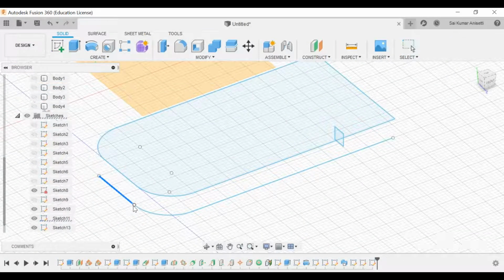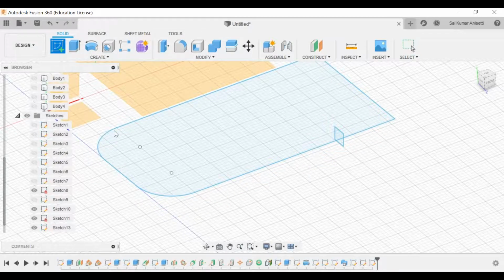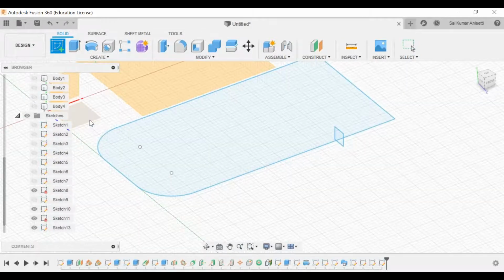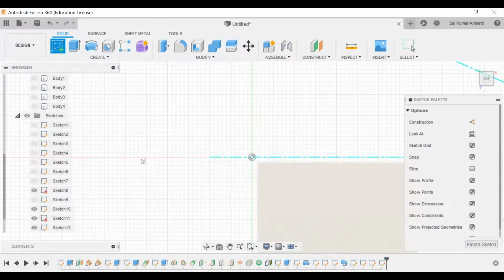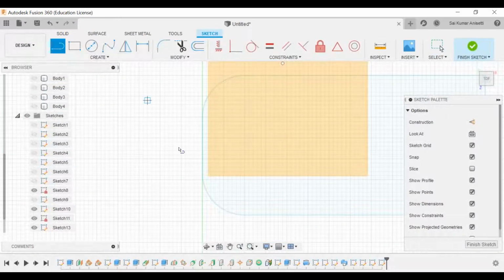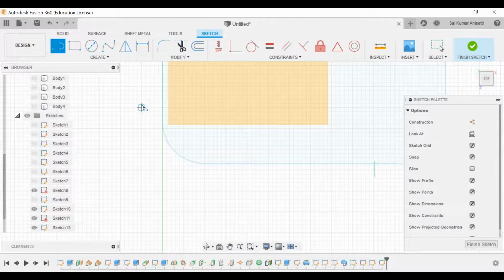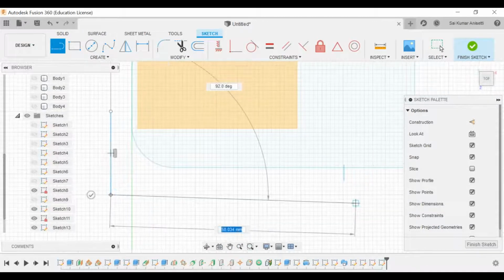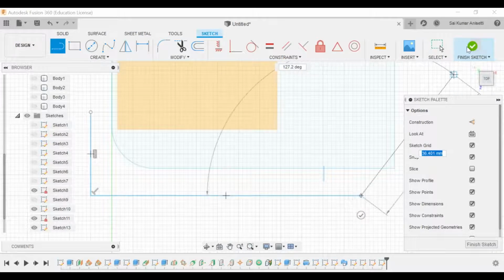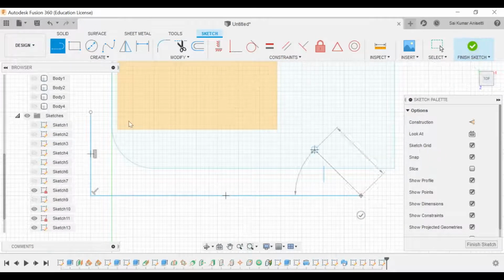Let me draw this in another sketch. Let me take sketch and take this plane over here. I'll draw a new path. Take a fillet.